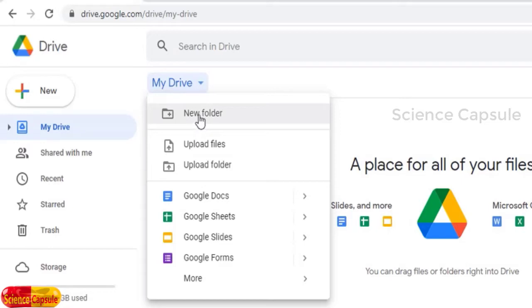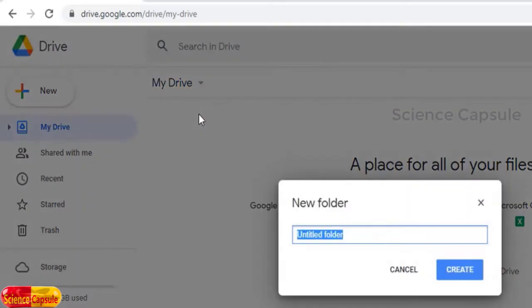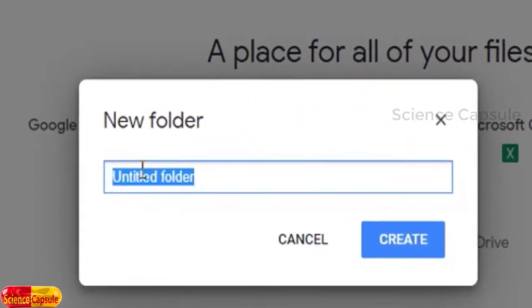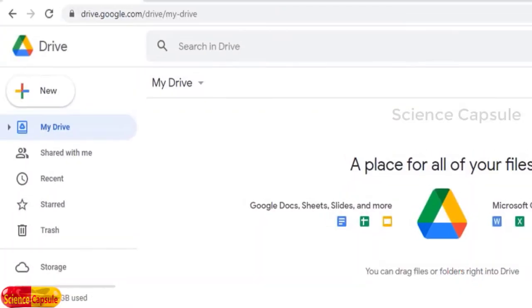So first we click on the new folder option. When I click on new folder, here untitled folder, I type class 10.